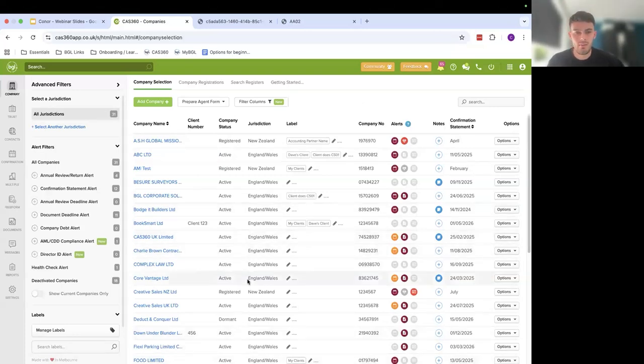Okay, amazing. What we can do now, final thing to run you through today. I know we're approaching that half an hour mark quite quickly. So what we can do is show you dividend vouchers, which again is something that's brand new to CAS 360. It's one of our latest releases that we have brought to the platform, and it's something available to use right